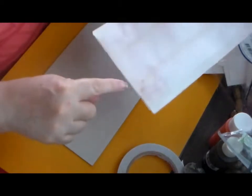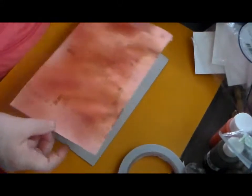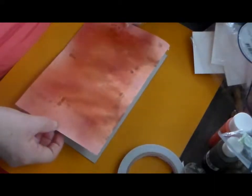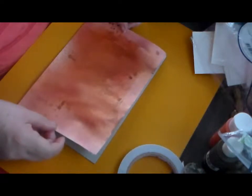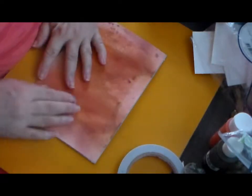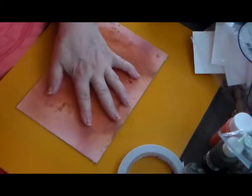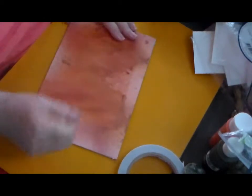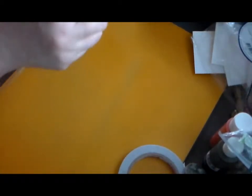So I went all around with the score tape, and then I put 2 strips going down. So I'm going to try to start here in the bottom, try to be as accurate as possible, so that it's straight. I should have my rolling pin here, but I don't. I'll look for it later. Make sure you get all the air bubbles out. These little, probably file them down, or